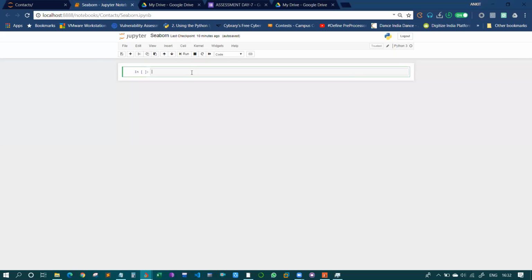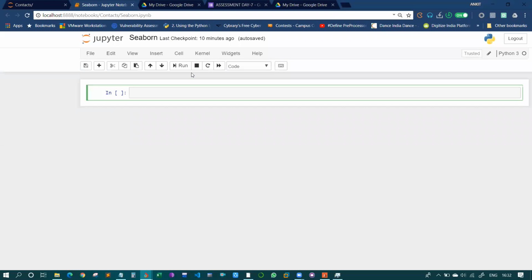Now we'll be starting up with Seaborn. First of all we'll be using some inbuilt dataset, because in the Seaborn library they have provided us with some built-in datasets just for practice purposes only. This dataset might not be available in many machines or many versions of Anaconda.